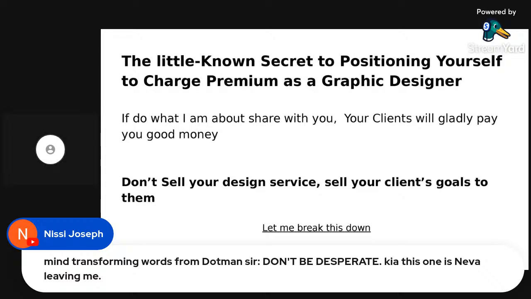The little known secret of positioning yourself to charge premium as a graphic designer. If you do what I want to share with you right now, your client will gladly pay you good money. Don't sell your design service to clients. Sell the reason why clients go to them. There's a reason why